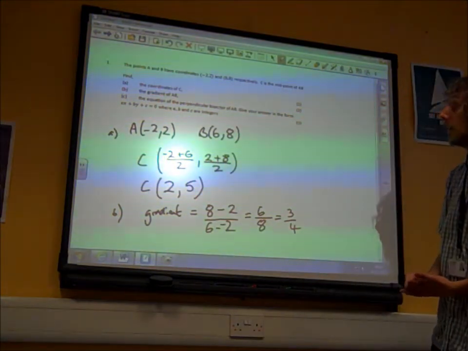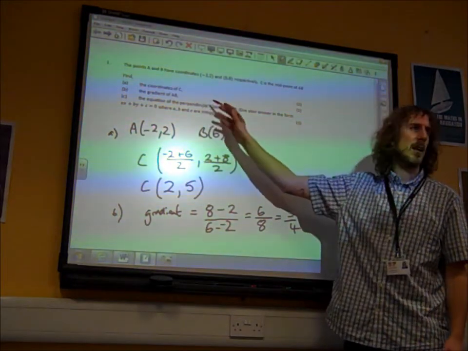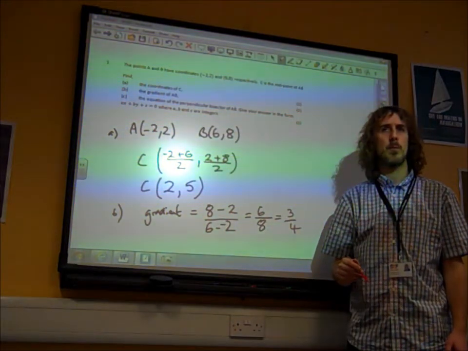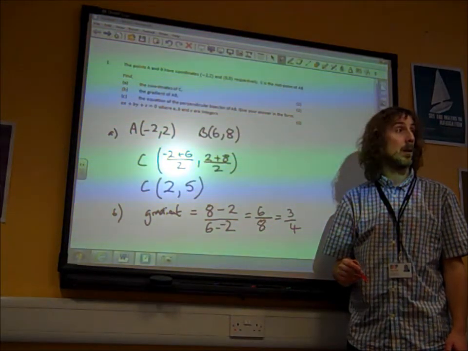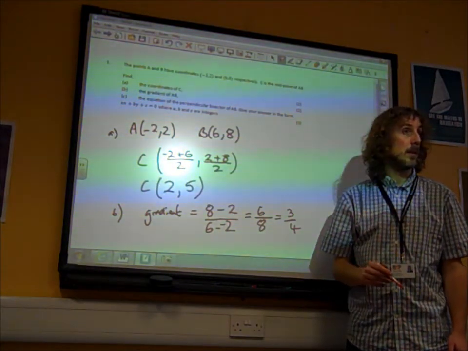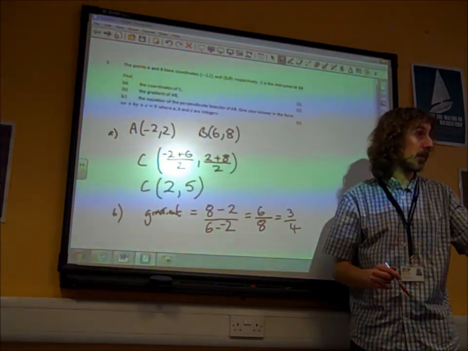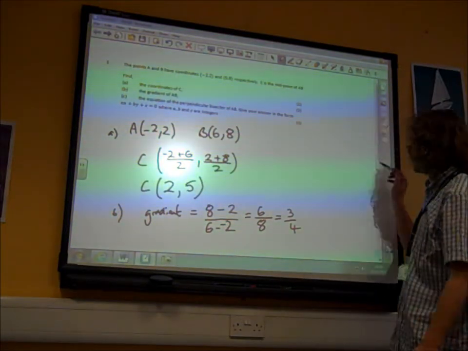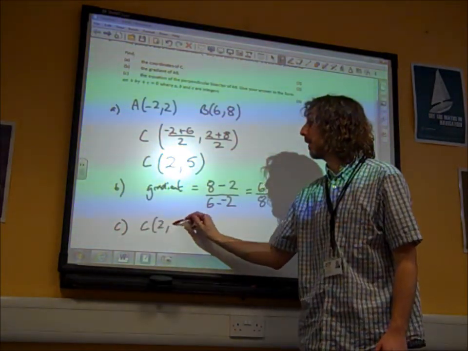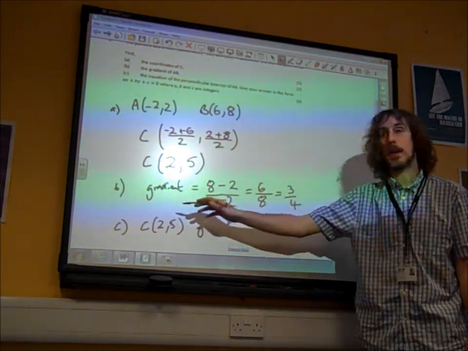And finally, part C, the equation of the perpendicular bisector of AB. Well, what does this bit here tell us? What does it mean when we ask about the perpendicular bisector? What are we looking for? Go on, Danielle, what are you going to say? It's the negative reciprocal of the gradient, isn't it? We need the line that's perpendicular to it. So our bisector is going to go through the point C, and its gradient is going to be the negative reciprocal of the gradient of the line AB. So it's going to be